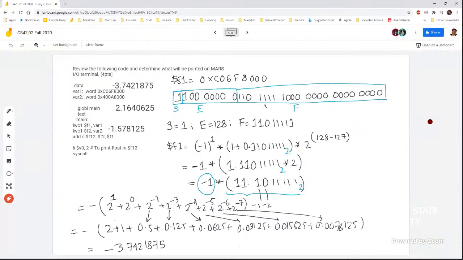Is that okay? Okay, Christopher says it's perfect. So anything else? On that problem there,